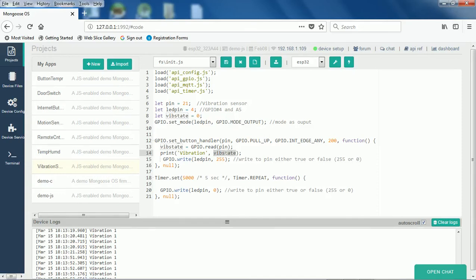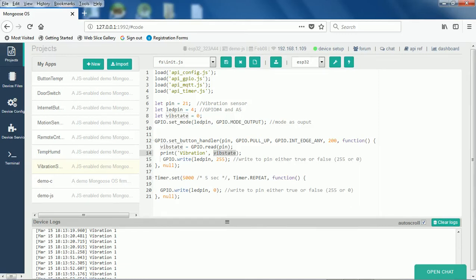So what we have done is we have put a timer. So this timer value can be adjusted depending on the requirement. This timer is basically a repeat timer, and it is going to do the writing for every 5 seconds. So it will make the LED off. So that means this is the precision.